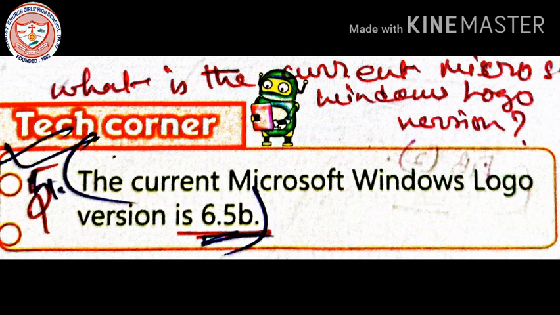This yellow box is really very important. Many yellow boxes are there, and I always teach you all the yellow boxes, so remember to learn them by heart. Never miss learning the Tech Corner or Tech Facts given in your book.